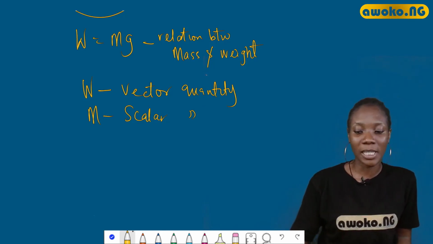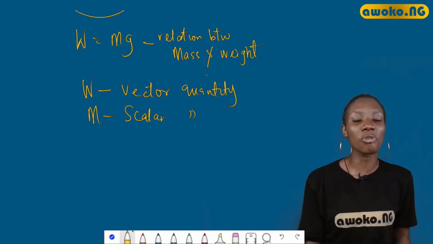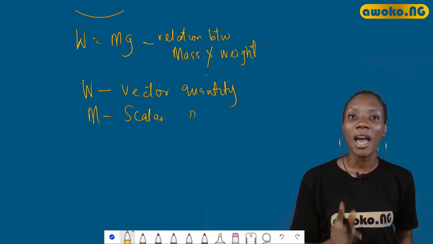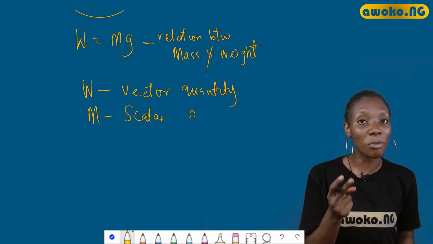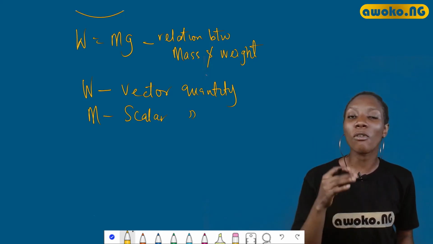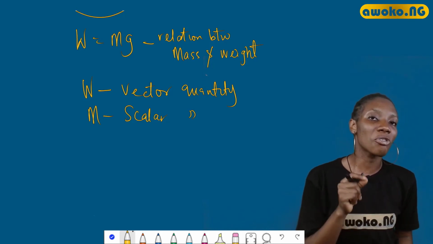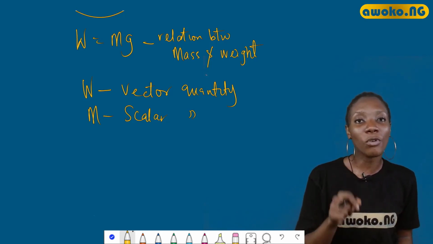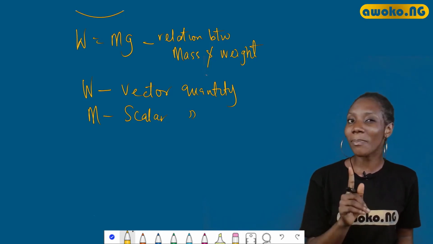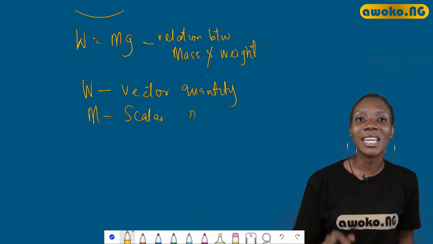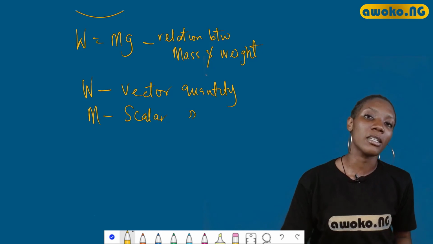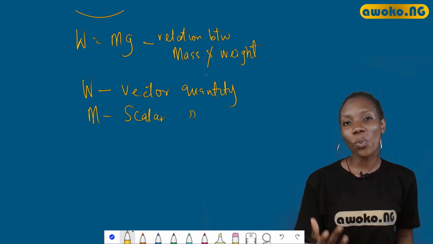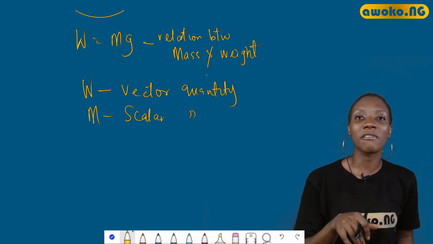Now, from experiments, it has been found that acceleration due to gravity, g, has the same value for all objects at the same location. And so if we take the ratio of the weight of two objects, we are simply comparing the ratio of their masses. In addition, acceleration due to gravity, g, also varies from point to point on the Earth. And it therefore follows that the weight of a body whose mass is m is different in different localities. And finally, the mass of a body is a natural property which does not change, but the weight depends on its location relative to the center of the Earth.